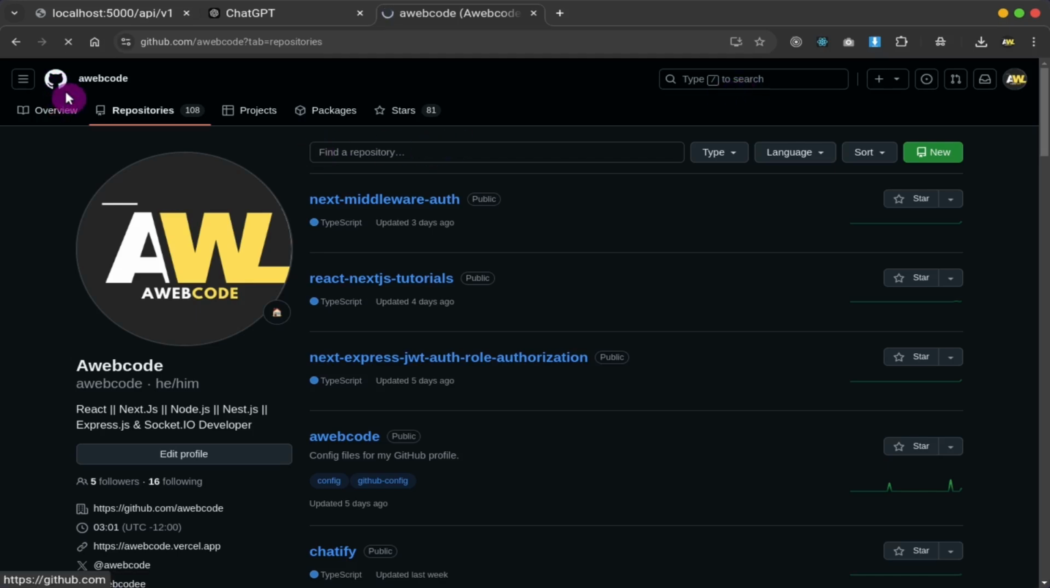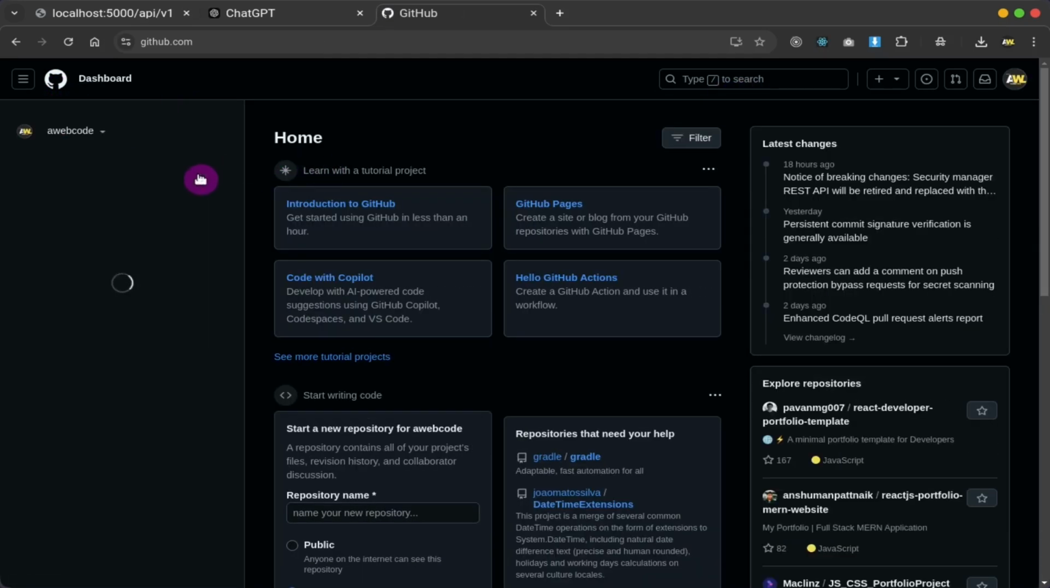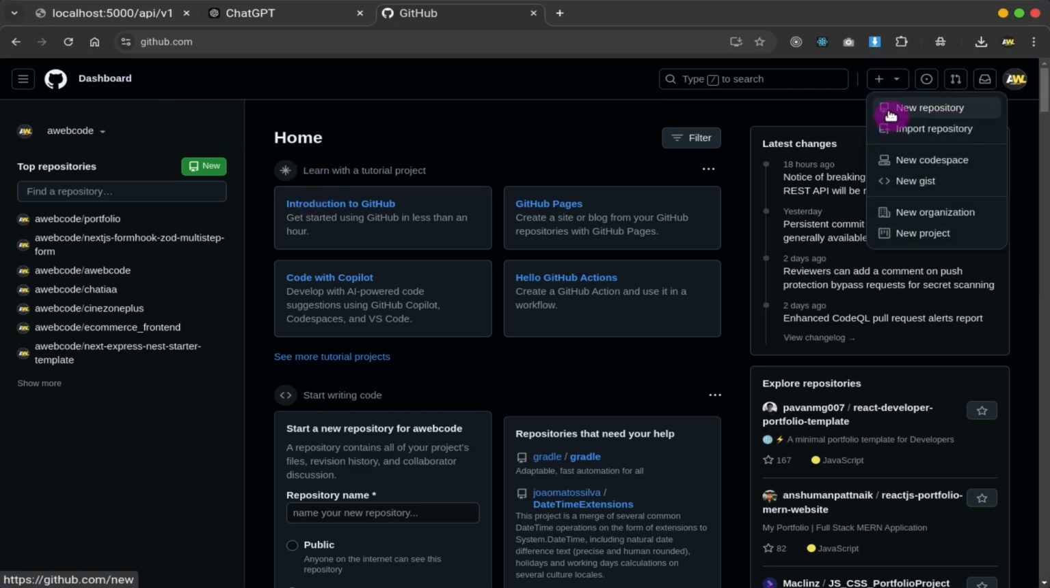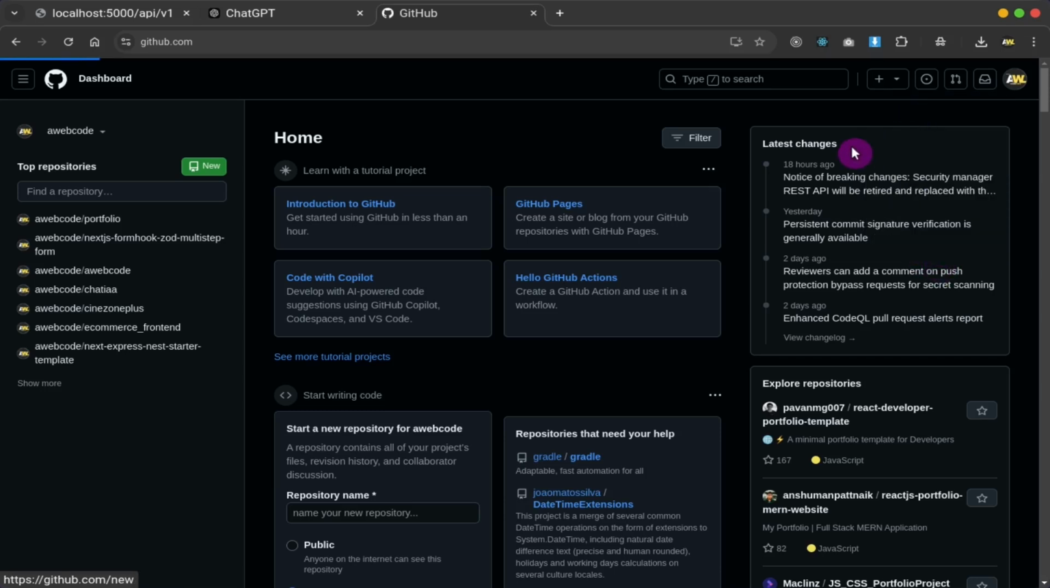Now in your profile you must log in and sign up. After that this dashboard will open up, and then you need to create a repository. Click here, go to create, and I'm going to create a new repository. So you can import a repository, you can do anything. So create new repository,